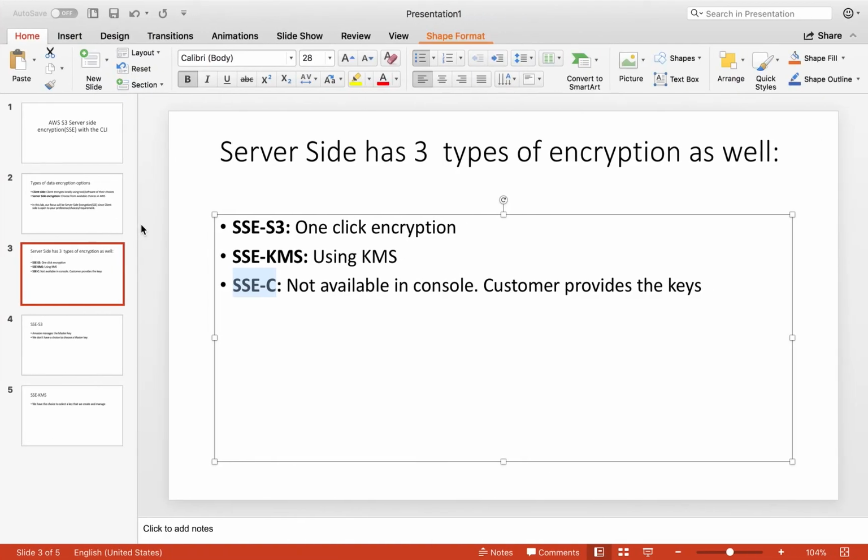Welcome back. So far we have covered server-side encryption with S3 and server-side encryption with KMS. Now in this lesson we are going to cover server-side encryption with customer provided keys, or SSE-C. Now in server-side encryption S3 and KMS, we did not have to